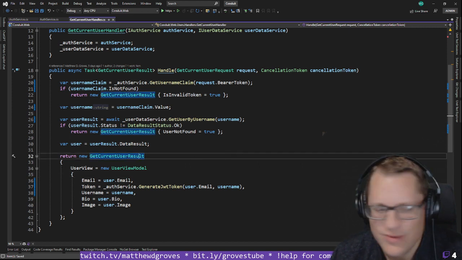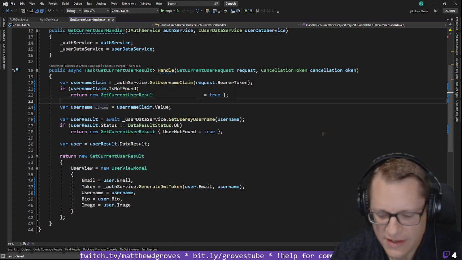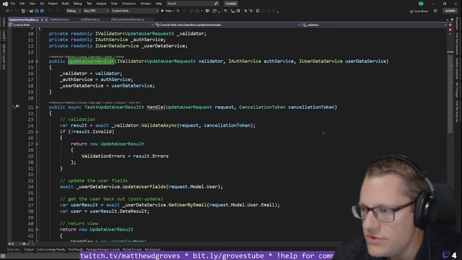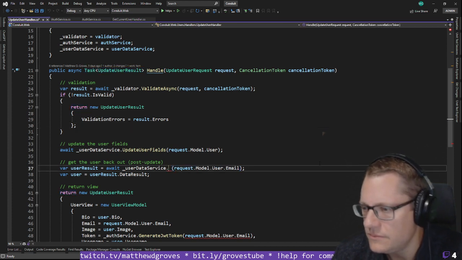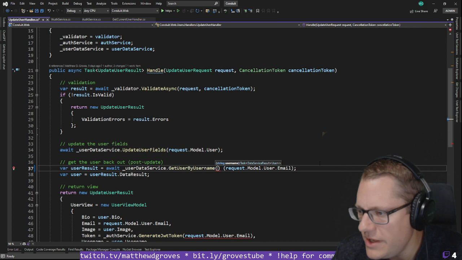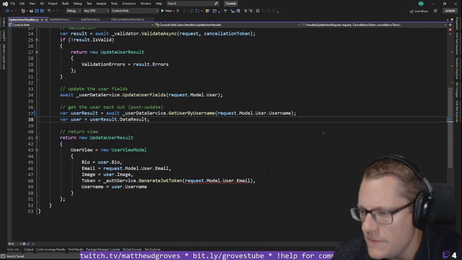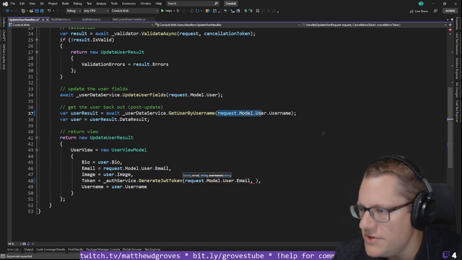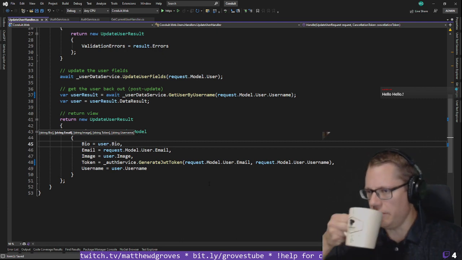Now I have tests running as well, so we'll get to those in a second here. All right. The other handler is update user handler. I need to use get by username instead of get by email. Get user by username. And this is going to be username. Again, with the token, it needs to be email and then username. So all those things are passed in via the request. Although,